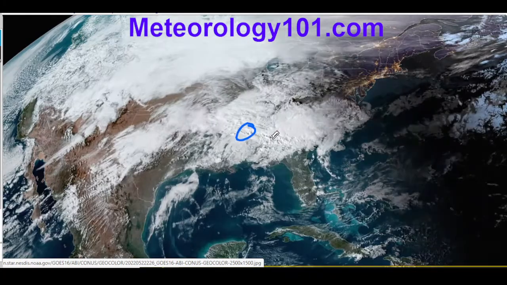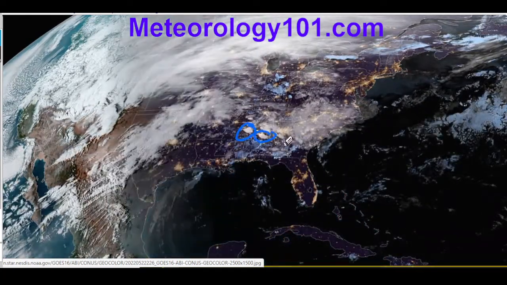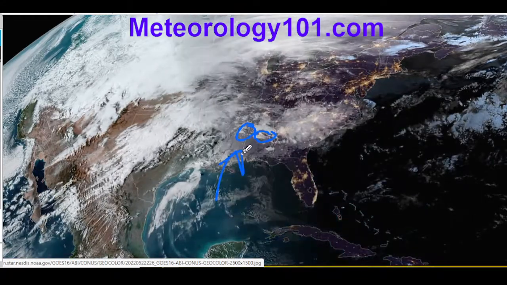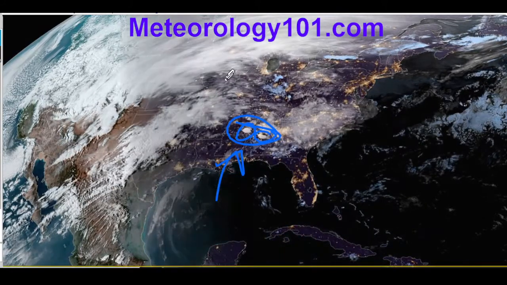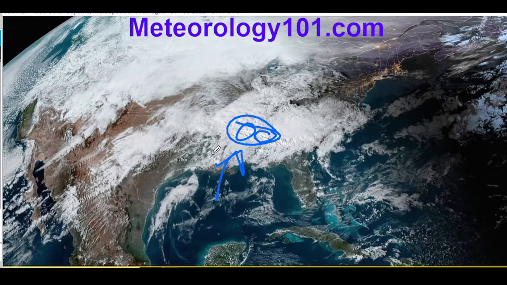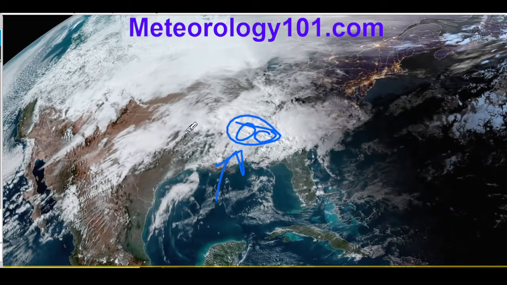We do have a couple areas of convection here also. So we get that onshore flow. We get some instability. We do get some thunderstorms in that area. So what we're going to look for, just doing a refresh, is